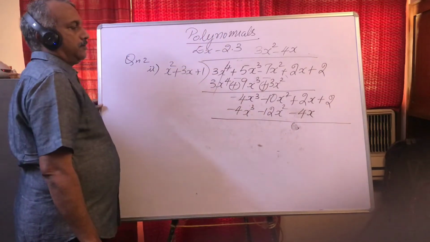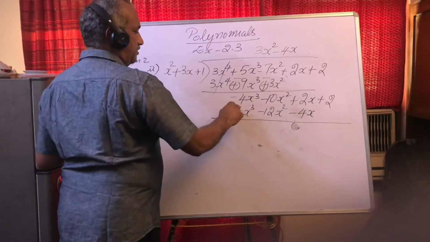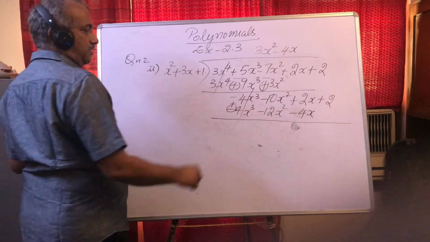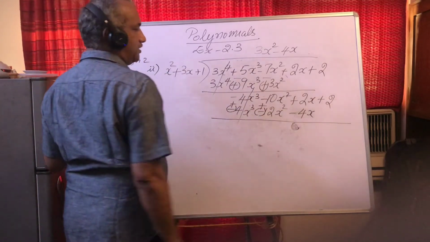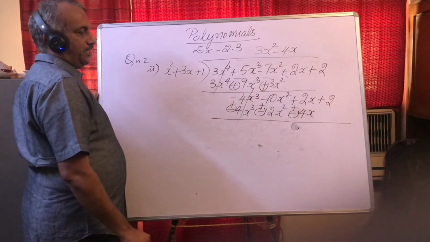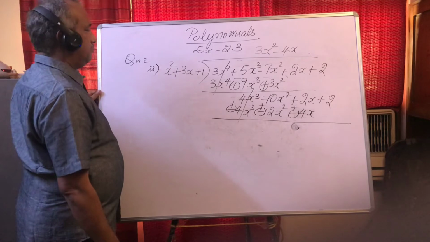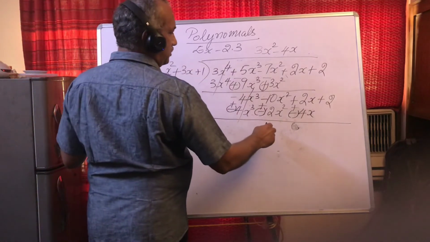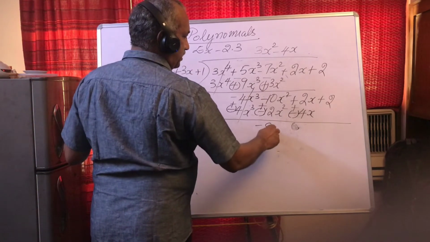Again change the sign: plus, cancelled, minus, sign changed, cancelled, this will become plus. So minus 10 plus 2, minus 8x square,